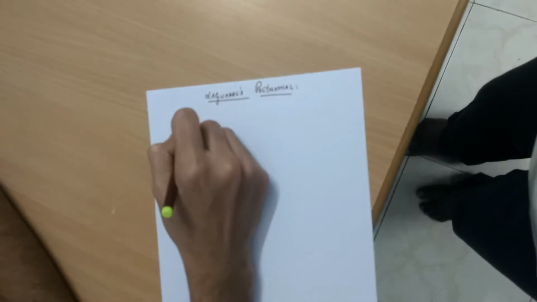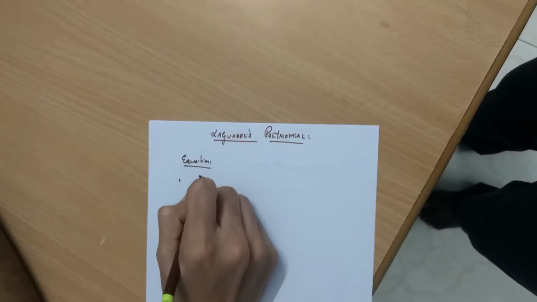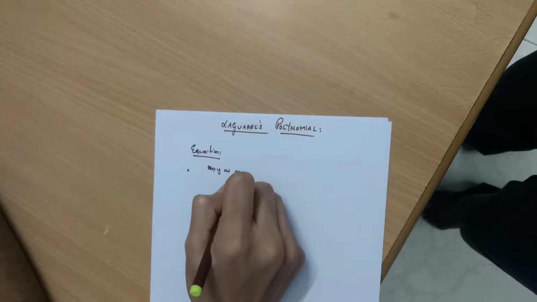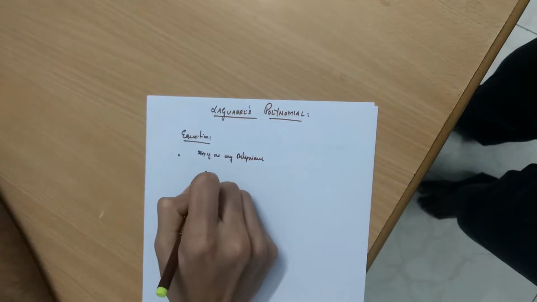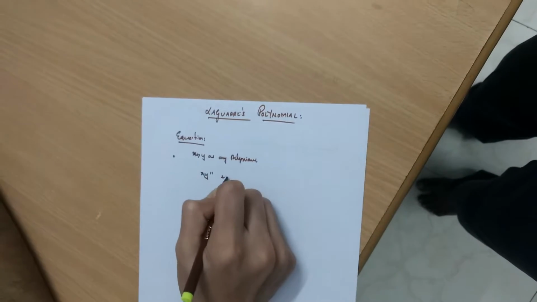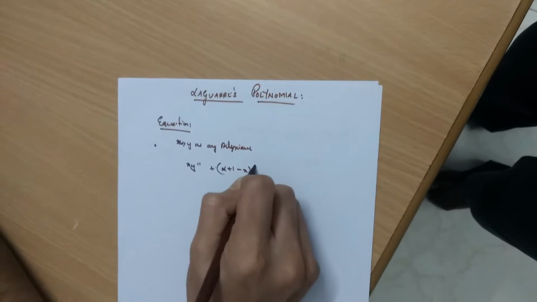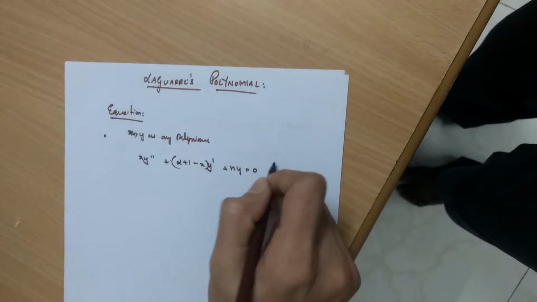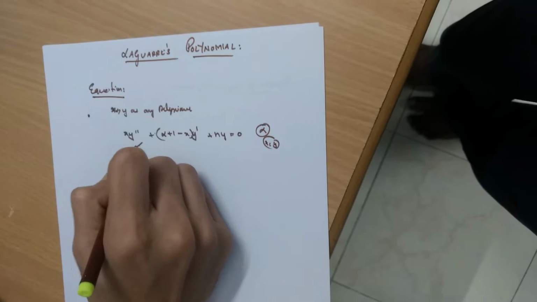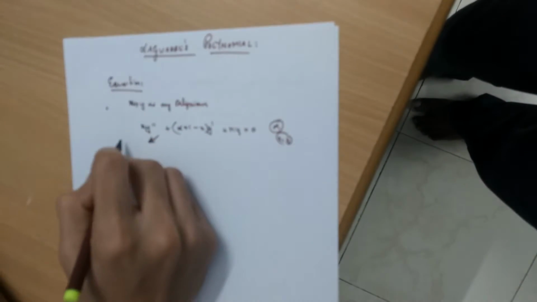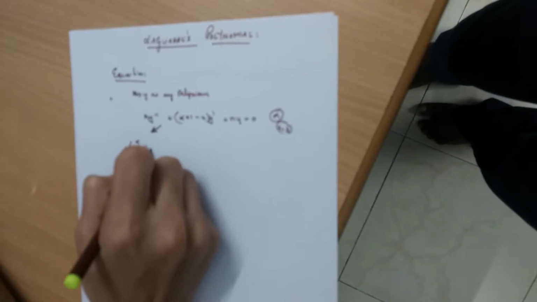Now coming to the equation of Laguerre's polynomial, if you consider x comma y as polynomial functions, then any equation satisfying x y double prime plus alpha plus 1 minus x into y prime plus n y equals 0, where alpha is arbitrary and x comma y are polynomial functions, is a Laguerre polynomial. Now the first few Laguerre polynomials are L alpha of 0 of x is nothing but